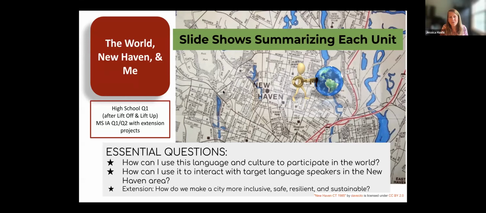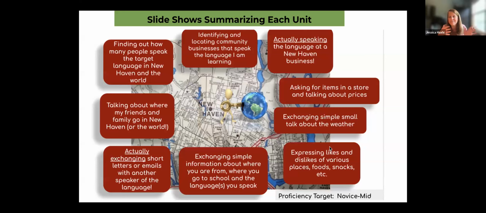So if you can show the unit you want to teach visually, some of my teachers show this to the kids even. And that's okay with me if you want to. I like to show a few of the slides to the kids, but other than that, I like to kind of surprise them with things. But so, for example, these are basically our can-do statements for the unit, but summarized and put in a visual way. So, you know, showing the teachers, showing students, if you want, what they're going to do in this unit. I'm going to leave that up for a second, but you have access to it.